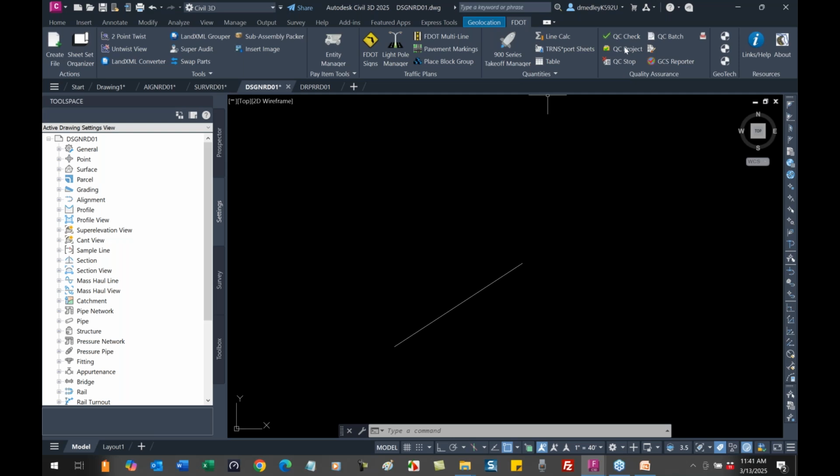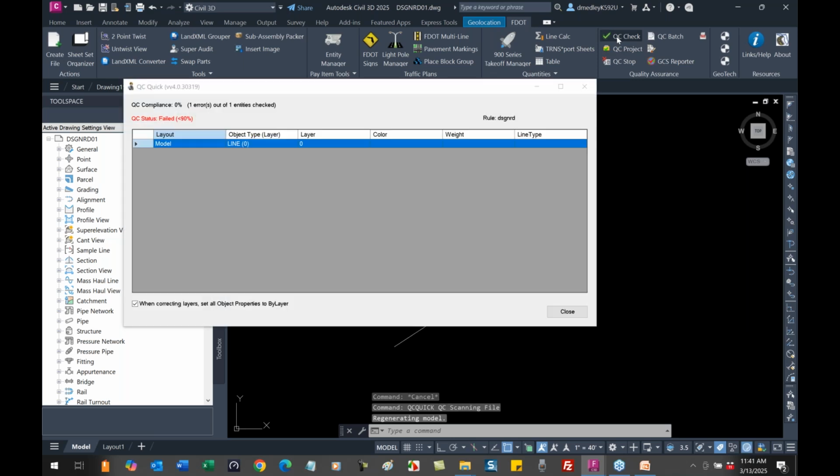Another tool over here is called the QC check. When you pick on it, it goes through your drawing and looks for things that don't match what the DOT has set up for their quality control standards. In this case, it found a line that was on the wrong layer, so it says it failed. If I right click on it and pick fix layer,